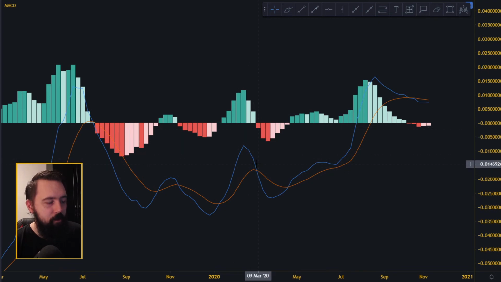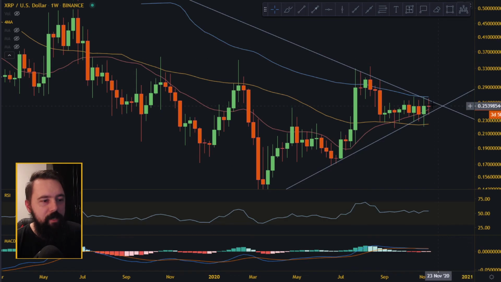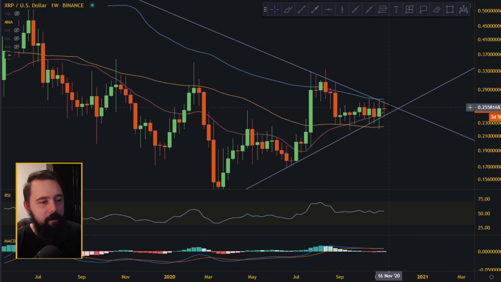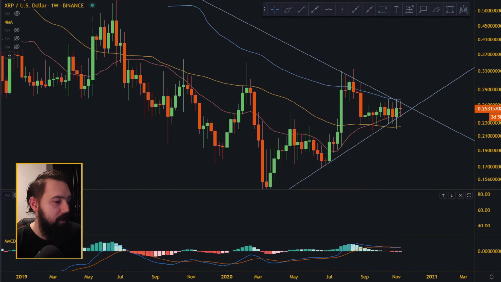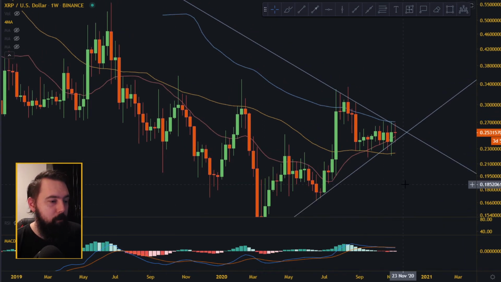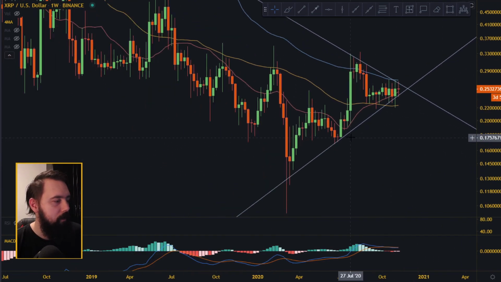Let me show it for you. Here you got a bearish cross, right? And then after a while, when the histogram starts to turn around, you get a bullish cross, right? Same thing here. You got a bearish cross, and now it's turning around, and we're hoping that in 1-2 weeks you're going to get a bullish cross, and hopefully that's going to impact the price over here and make it move above the 100 moving average on the weekly. So that's good. I'm going to put the RSI down there because I don't think we need it.